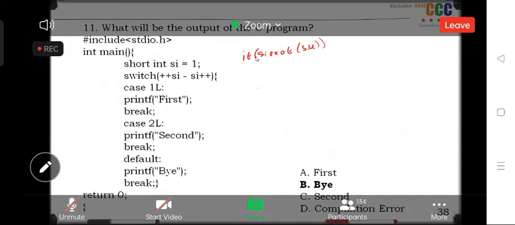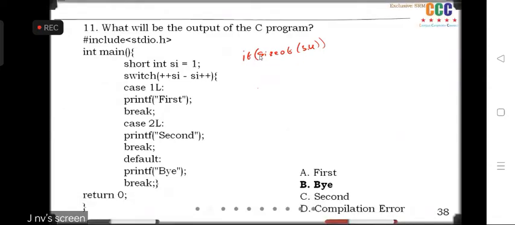Not size of. I'll write something else. Let me write something like this. A equals to 3.14. Okay. Now, if I say if